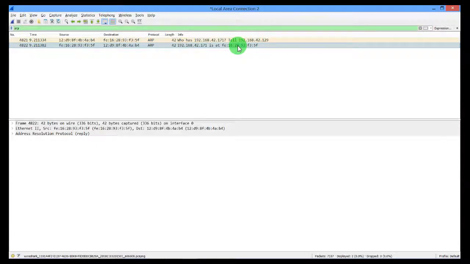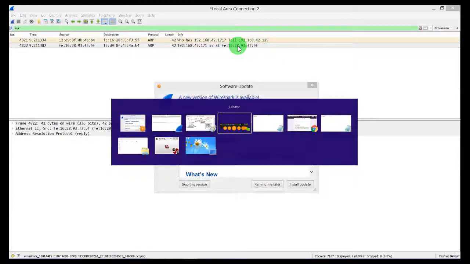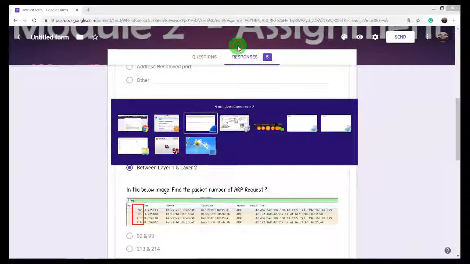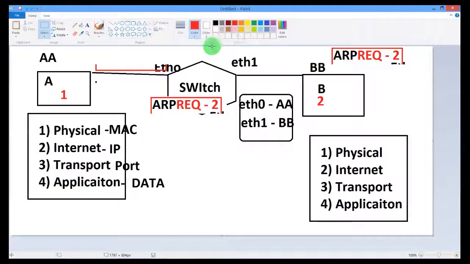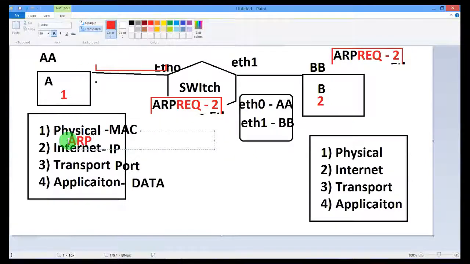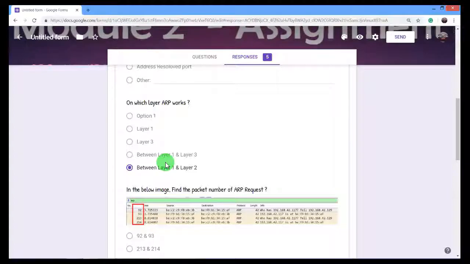So now our protocol works between the MAC address and the IP address, right? So ARP is working between layer 1 and layer 2. Understood? Clear. Good. So now